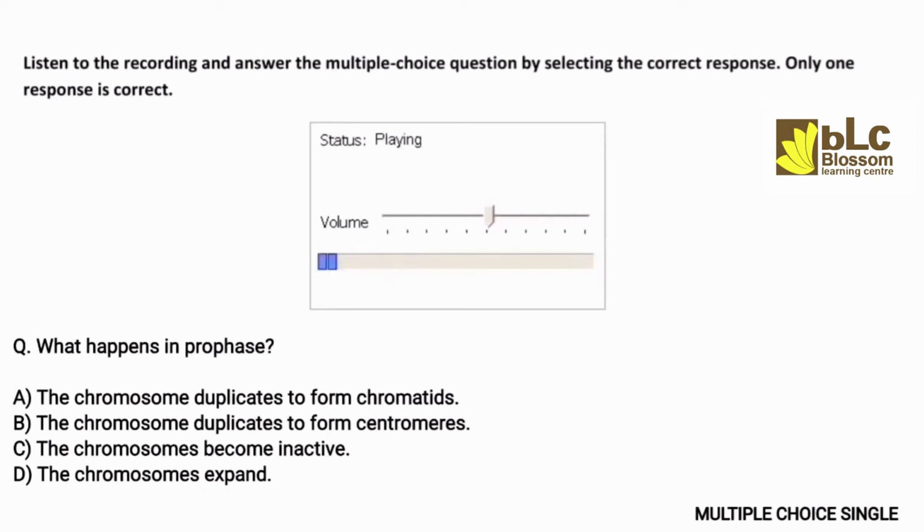We are going to discuss mitosis. Mitosis is a process of cell division. As a result of cell division, two daughter cells are produced from a single parent cell. The daughter cells are identical to one another and to the original parent cell. Mitosis includes 4 phases called prophase, metaphase, anaphase, and telophase. Let's discuss each phase here.